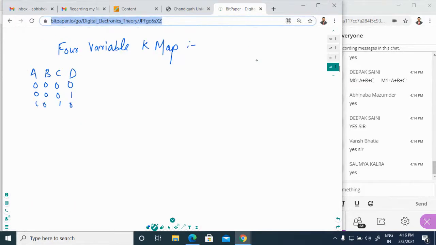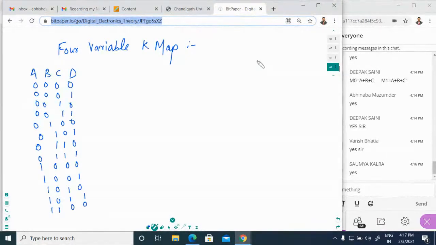Then 2, then 3, then 4, then 5, 6, 7, 8, 9, 10, 11, 12, 13, 14 and 15.